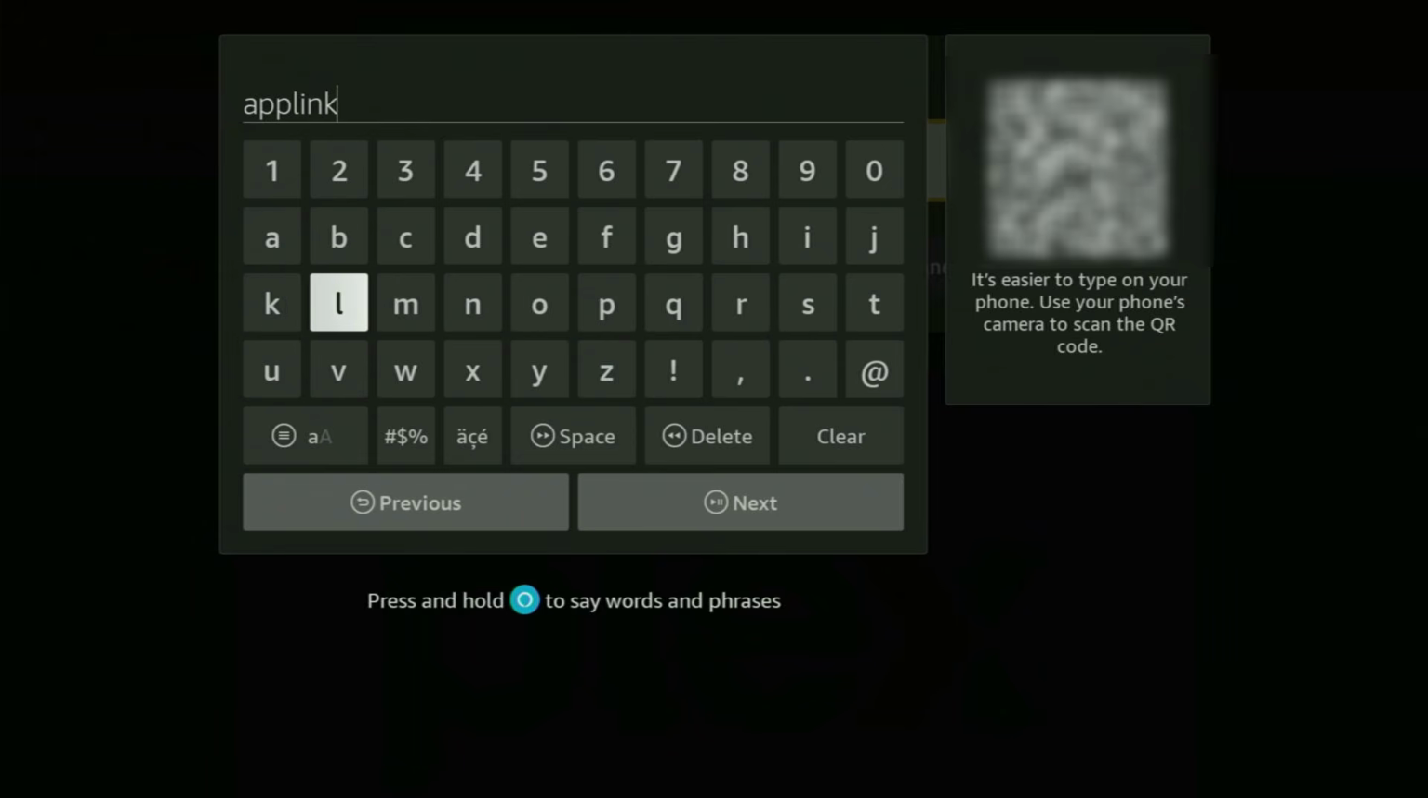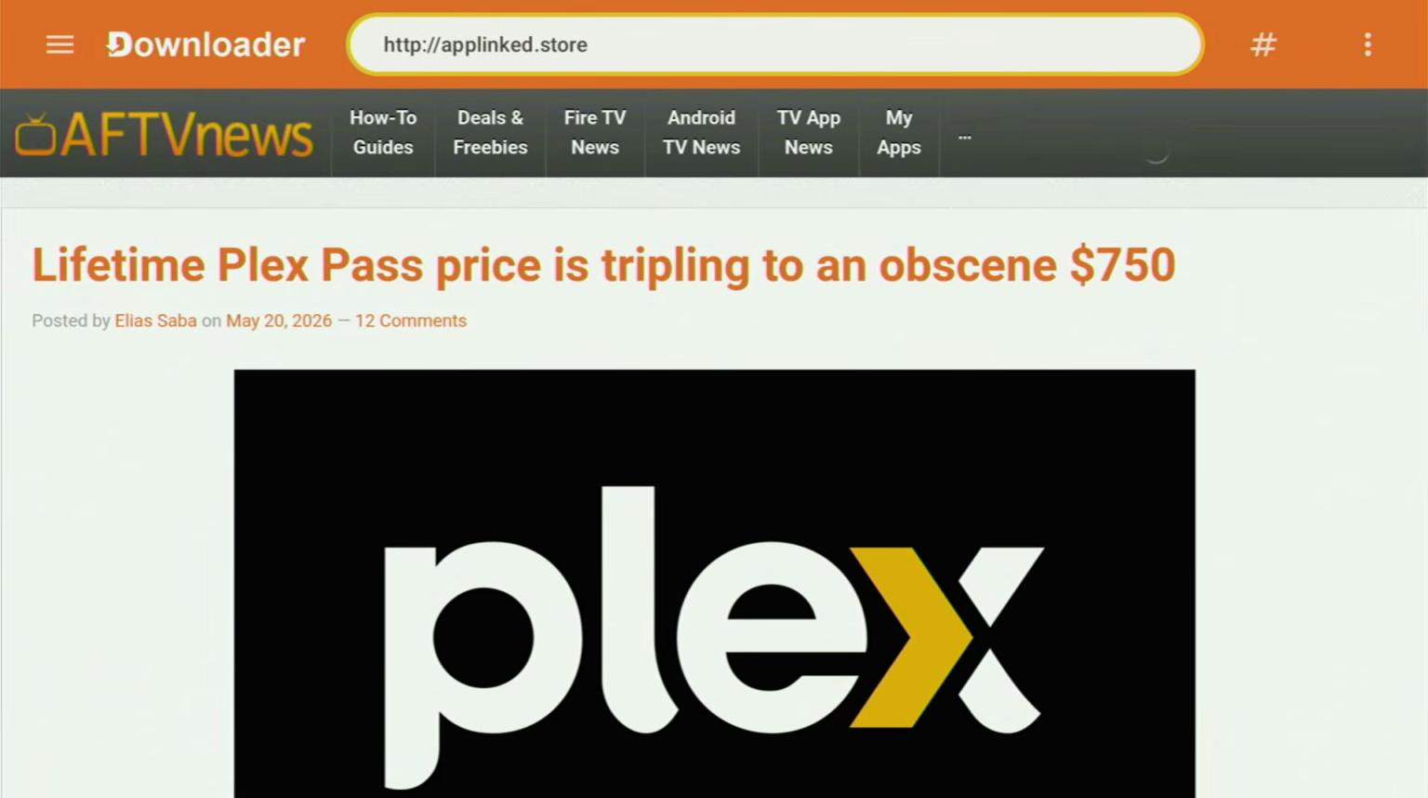Once again, it's applinked.store. So just enter it as you see on my screen. After that, click on next. And while it's loading, make sure to